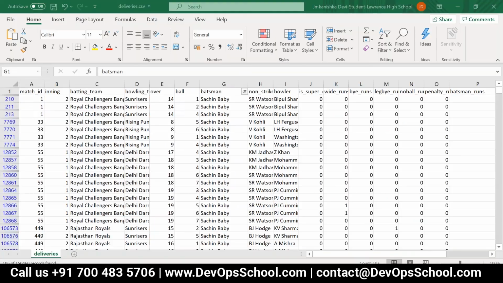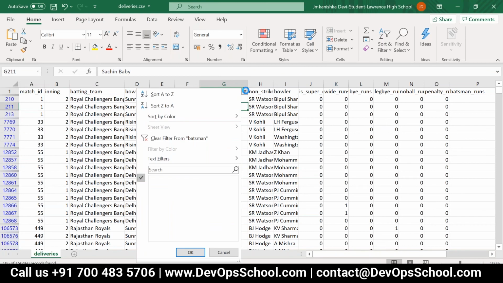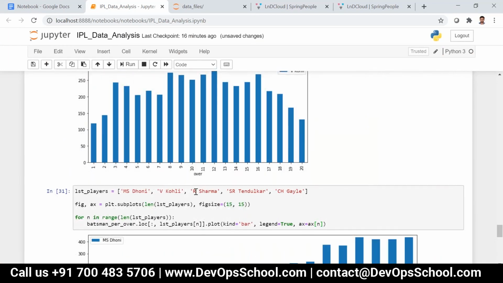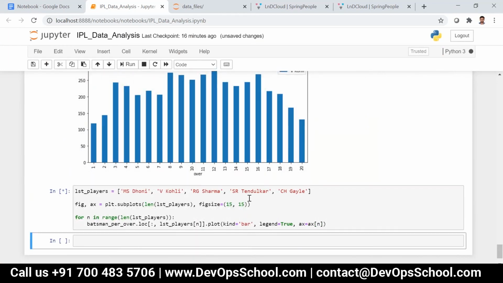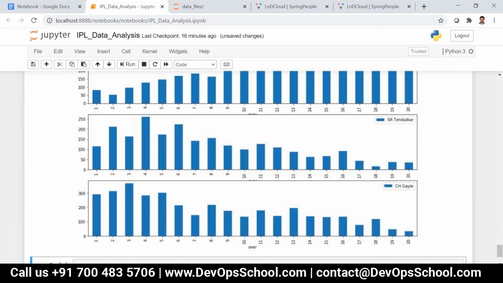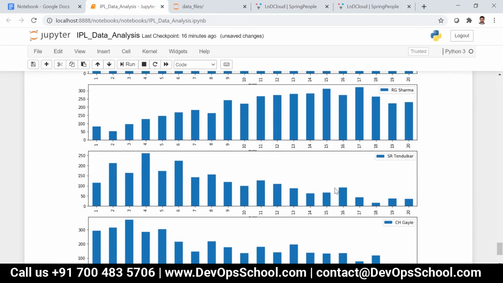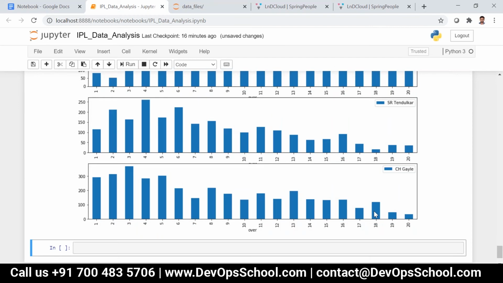Yes, this is Rahul Sharma, might be. It is RG Sharma, actually, right? So we can say RG Sharma. Now it is proper. This is Rohit Sharma, this is Sachin Tendulkar, and this is Chris Gayle.